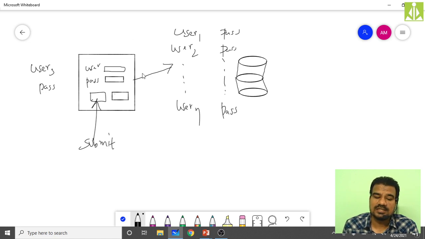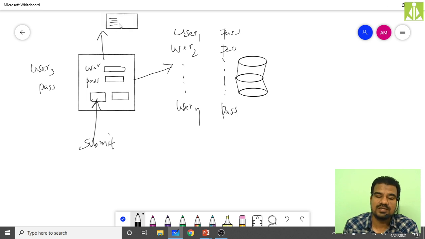If the details exist, if user 3 exists over here, then what will happen? Immediately the login page should redirect to some other important page, some other information page.